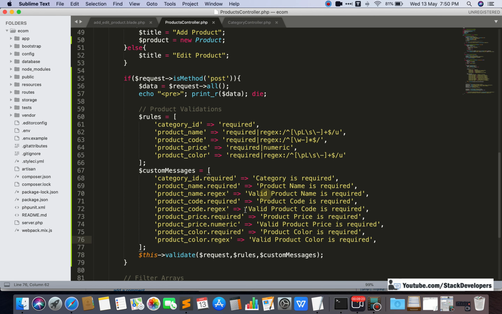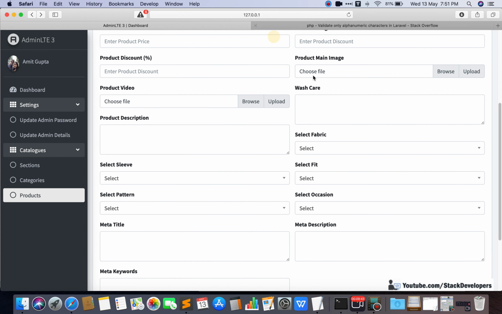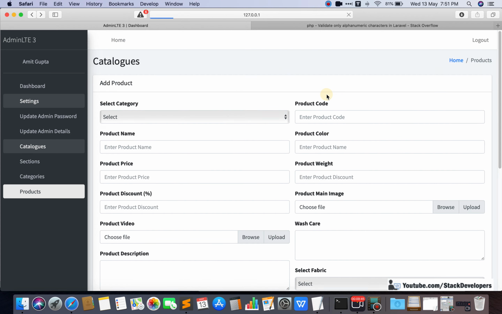We already have the div for displaying the error message. We have added both the divs, and we have also added the success message as well. Now I'm going to refresh this page and try to submit.